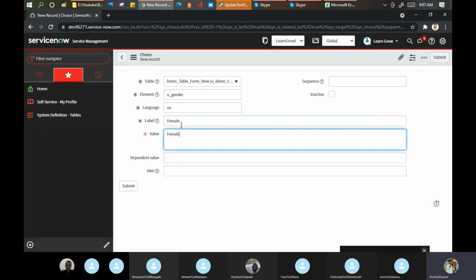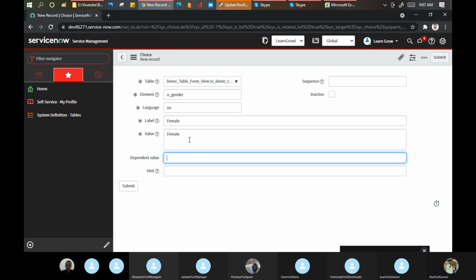Male, female. Dependent value. If your age is more than 18 years, only then your name should be, or you can enter the other details in the record. It means if I select male, or if I select some value in the dependency, because this will not work actually for me.